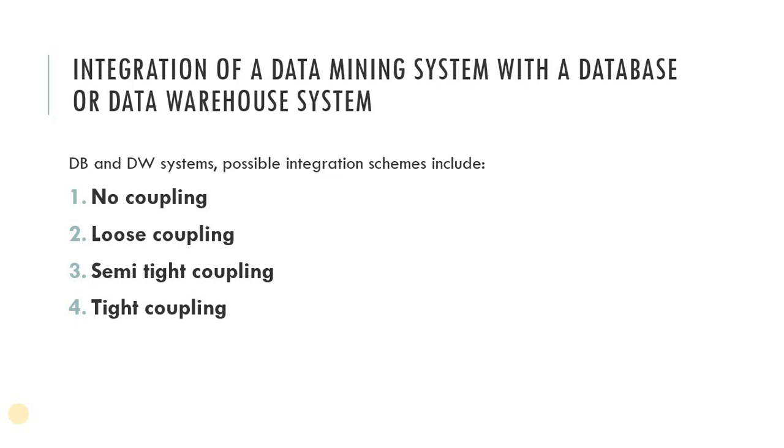Semi-tight coupling means that besides linking a data mining system to a database or the data warehouse system, efficient implementation of a few essential data mining primitives, which are identified by analysis of frequently encountered data mining functions, can be provided by the database or the data warehouse system. These primitives can include sorting, indexing, aggregation, histogram analysis, multiway join, and pre-computation of some essential statistical measures such as sum, count, mean, max,